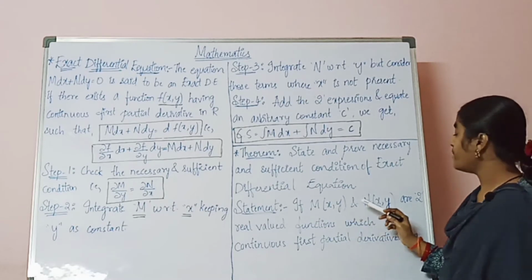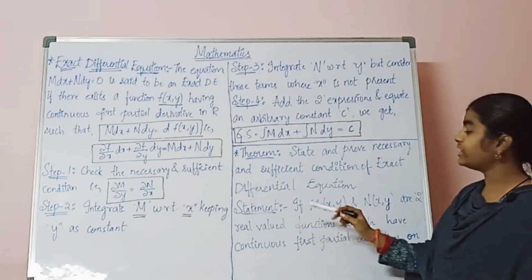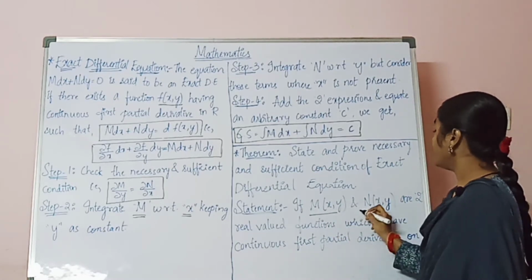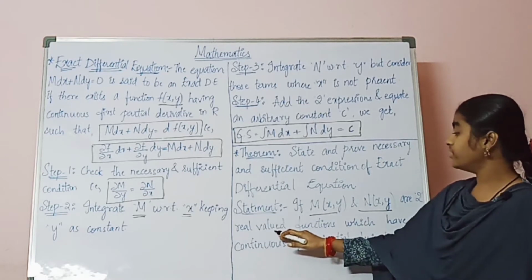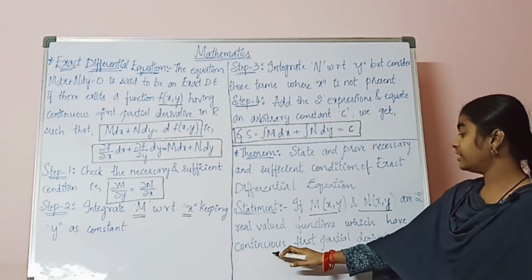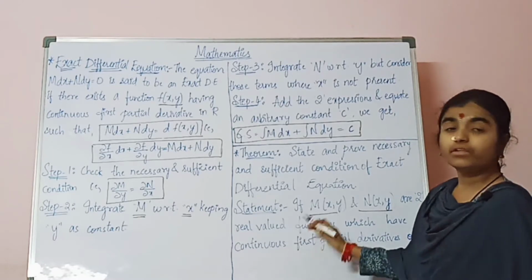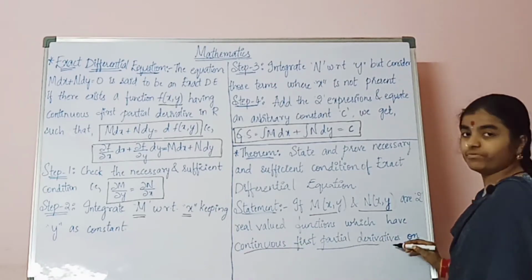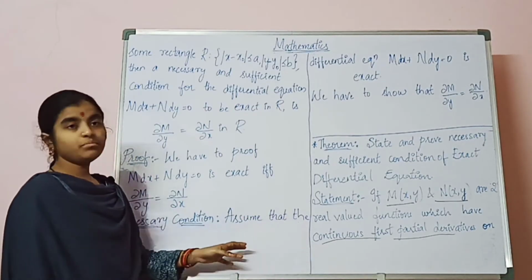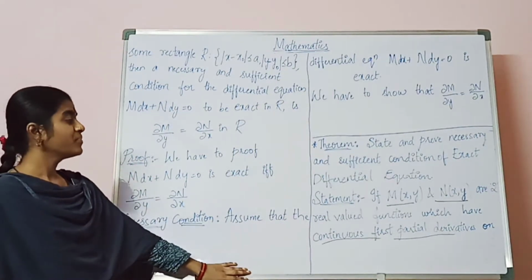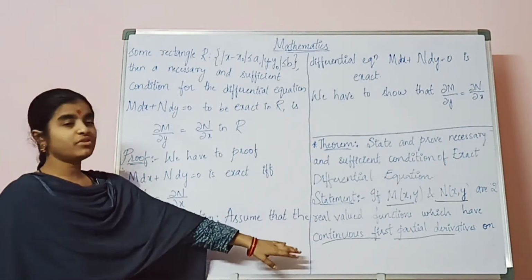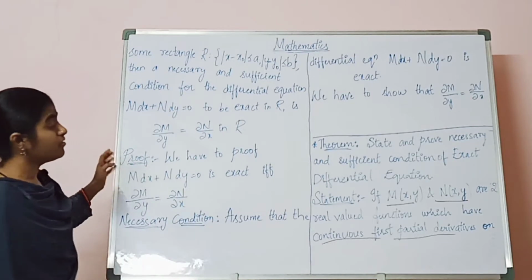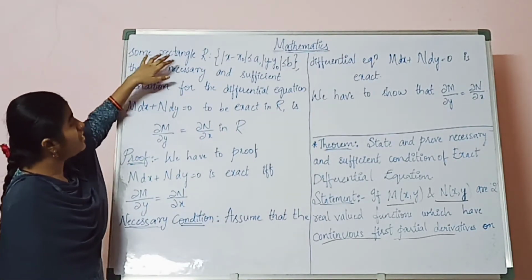If M of x comma y and N of x comma y are two real valued functions which have continuous first partial derivatives on some rectangle R